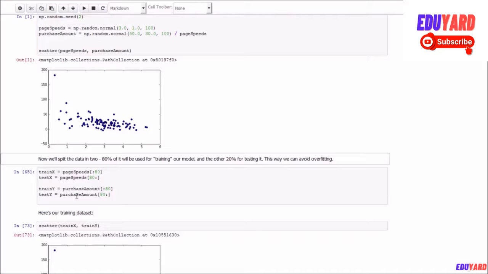and I will do the same thing for purchase amount. Now, on the slides I did say you should not just slice your data set into two like this. You should randomly sample it for training and testing. In this case it works out because my original data was randomly generated anyway, so there's really no rhyme or reason to where things fell.